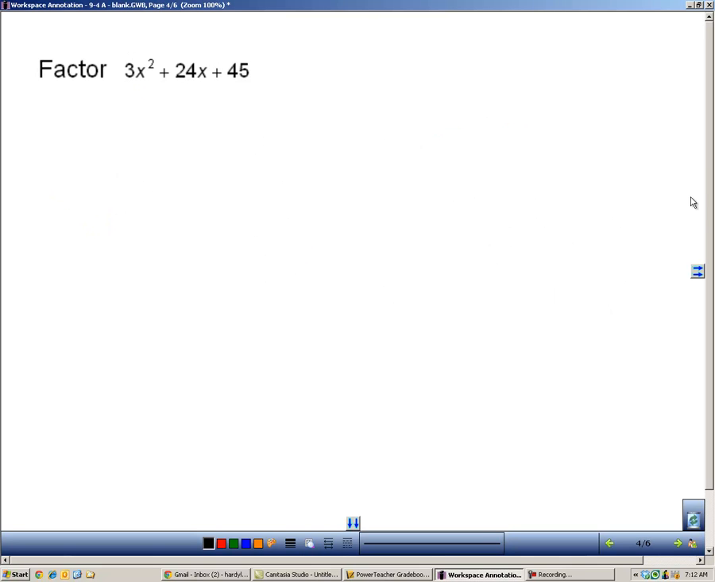In this trinomial, you should notice something that might save us a lot of work at the end. If you look at each one of these terms, you might notice that they all have a common factor, a GCF if you will. They all have a factor of 3. So if I were to take that factor of 3 out, I'd be left with x squared plus 8x plus